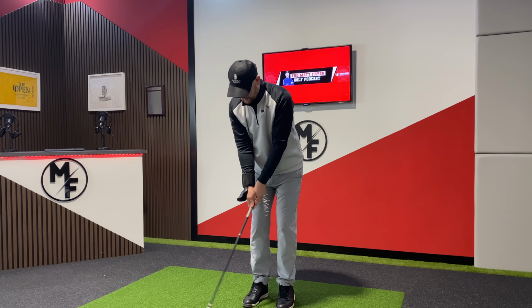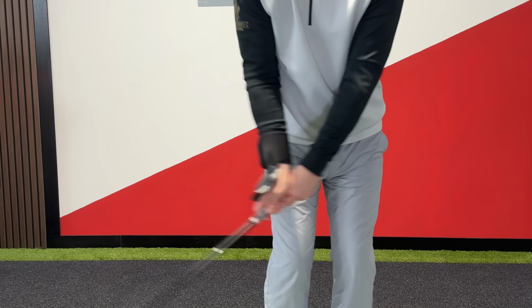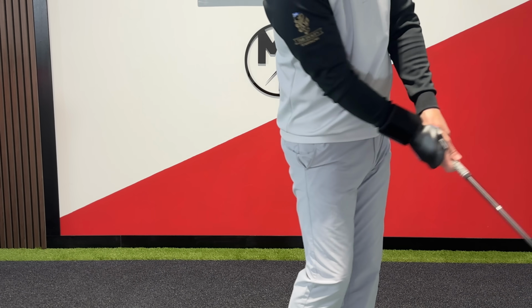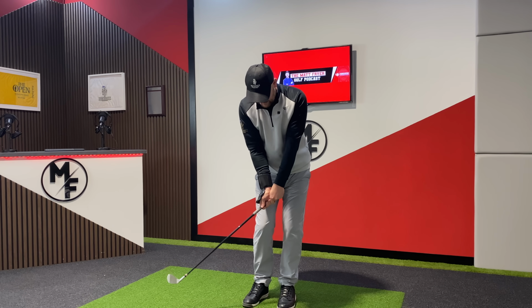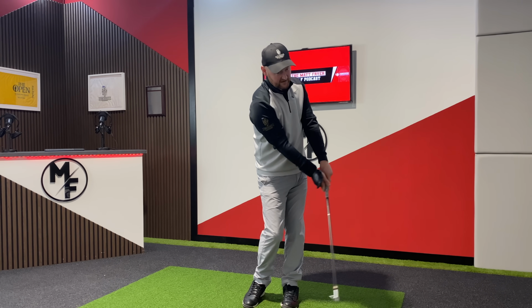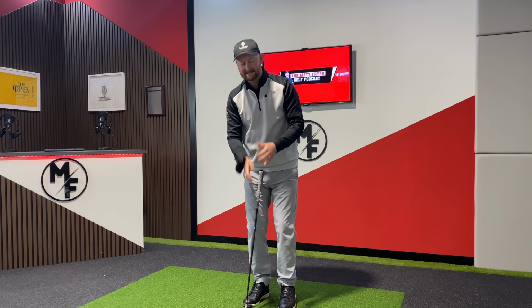And what this does, if you were to just take your grip and actually just set the club back here, so you're starting to hinge the wrists how we want, we see that the hand actually starts to sit on the Pro Sender there. And what I get my students to do is feel that they carry this angle through and keep the hand on. So I wouldn't advocate that this is how you're going to look when you're chipping, but as an exaggerated